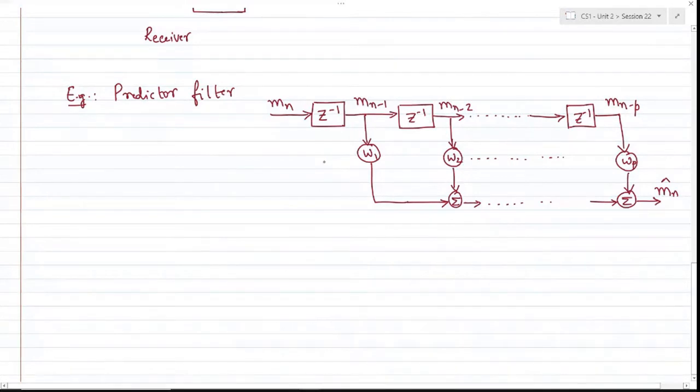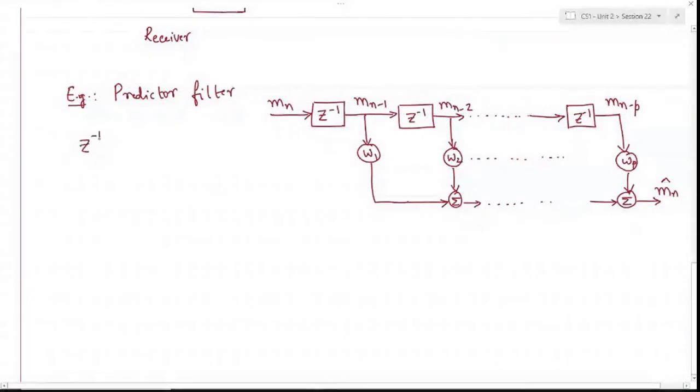Otherwise I can involve. Yes. So could you explain again what the Z inverse means? Z inverse is the unit delay. It's simply delay